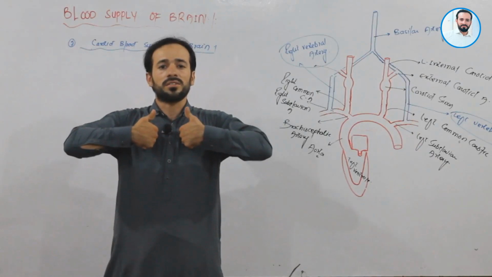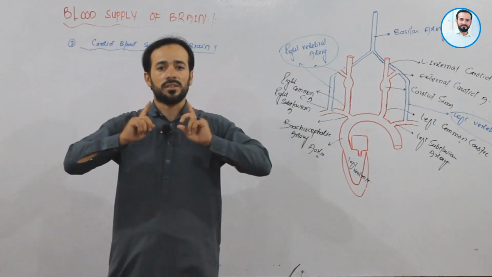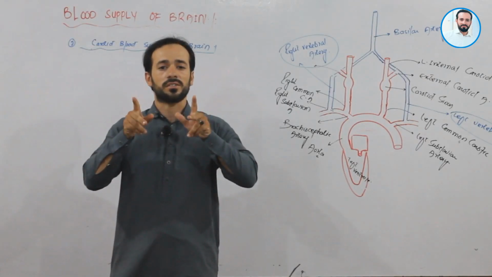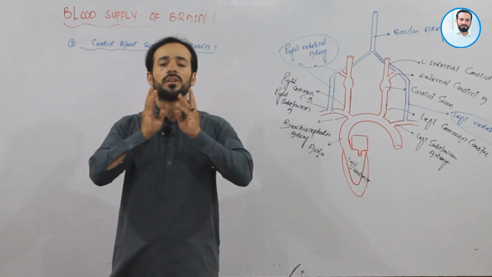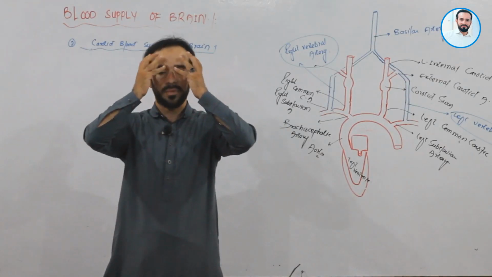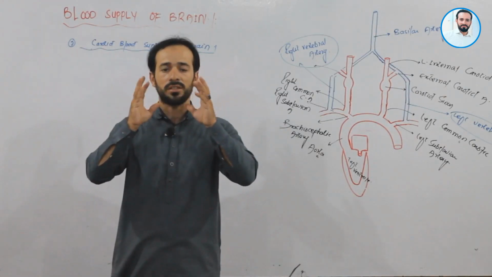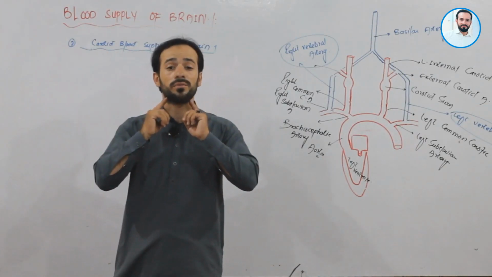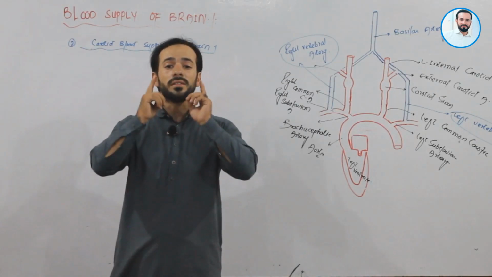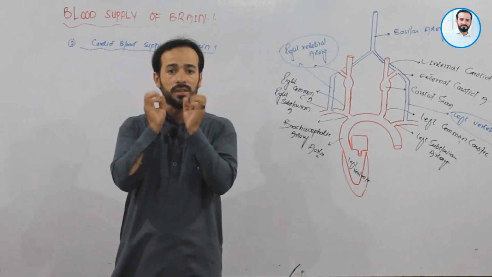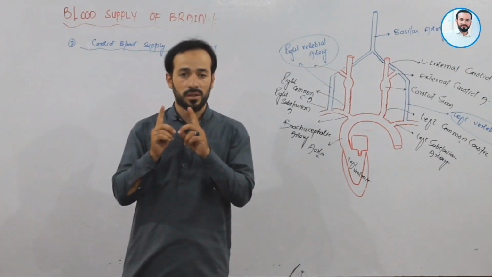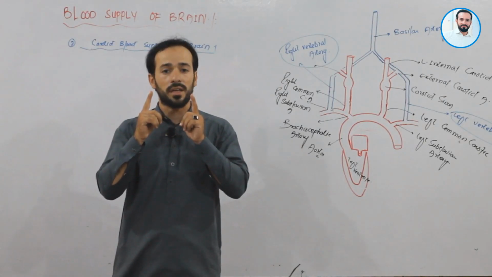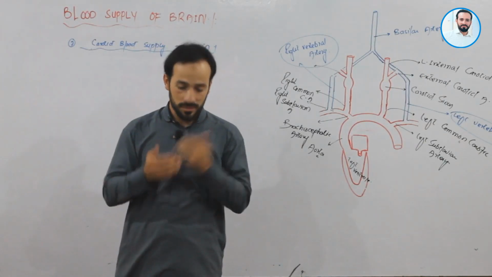As the common carotid arteries go up, they cross the carotid sinus and they bifurcate into internal carotid arteries and external carotid arteries. The external carotid arteries, as we know, come externally to the facial region, and the internal carotid arteries enter the cranial cavity, right? So as we know, there are two carotid arteries, so right and left internal carotid arteries both enter the cranial cavity. Now what happens there? Let's see.